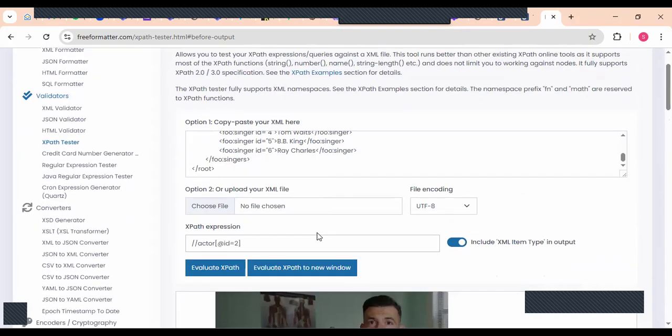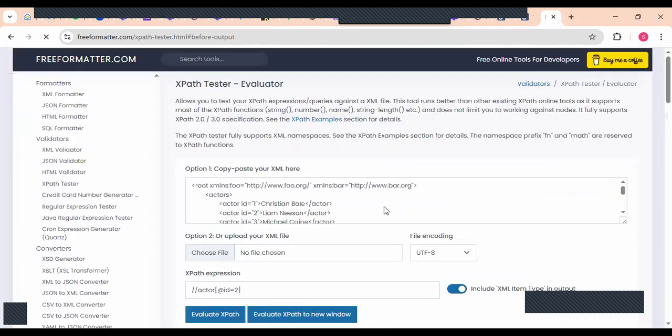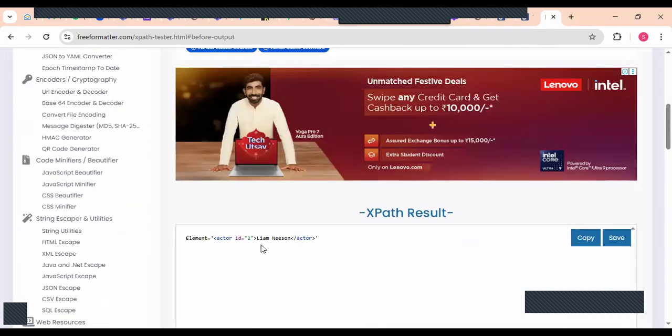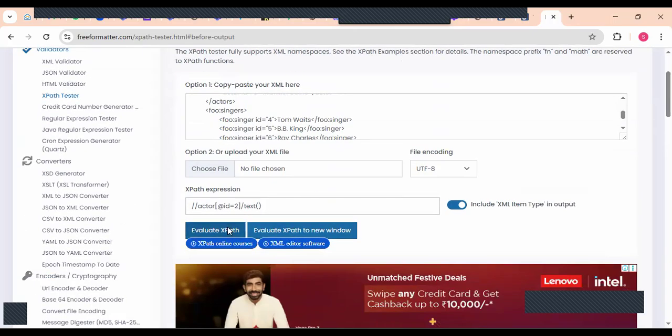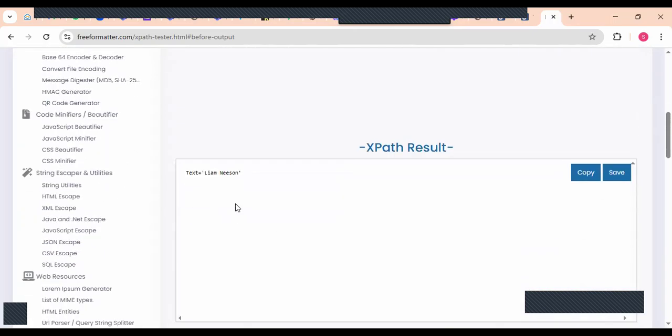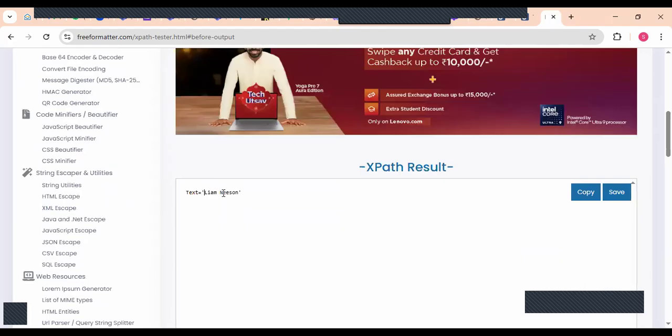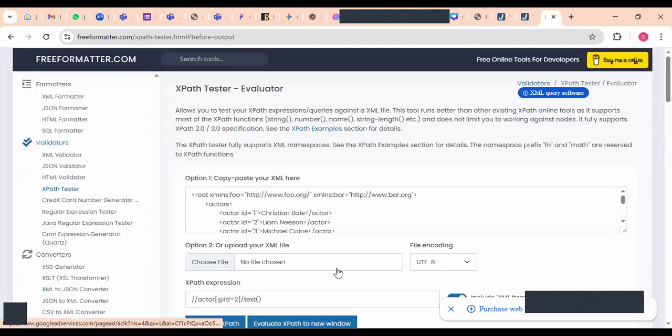It should be in single quote. I am not giving any quote. Let us see if it will work or not. Yeah, you can see Liam Neeson. This is the second one. Okay. Or if you want to capture only the text, I can put text. Right. So